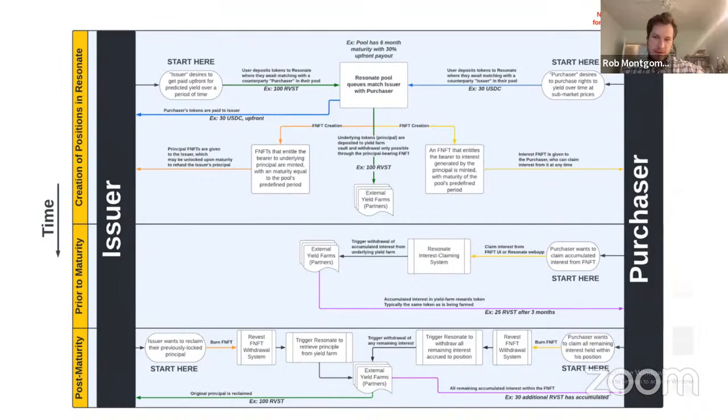So we typically think of the DAO as taking the purchaser role, because the DAO doesn't experience opportunity cost in the same way that a normal participant would. Say I pay you 30 tokens. As the purchaser, if I put those into a yield farm that's offering 50% returns over 6 months, I'll end up with 45 at the end of 6 months. However, if I instead pay you those 30 tokens right now, I'll get 50 tokens because I'm purchasing the rights to your interest over 6 months. So I can achieve a marginal improvement on my return.